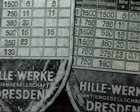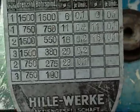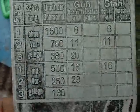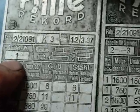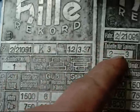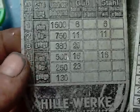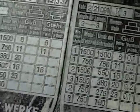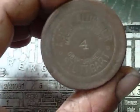One of the spindles must have been a high torque spindle, the one I took the drill off, or the pulley, sorry. This one's from the pulley spindle, and this one here applies for the other two spindles. One must have been for tapping, yeah, spindle number 1. Yeah, this was for the original one, and spindles 2 and 3 were these. I imagine two spindles were for drilling and countersinking, and the other one would be for tapping or something more precise. And that's one of the grease cups, Adolf Aldinger, Stuttgart,